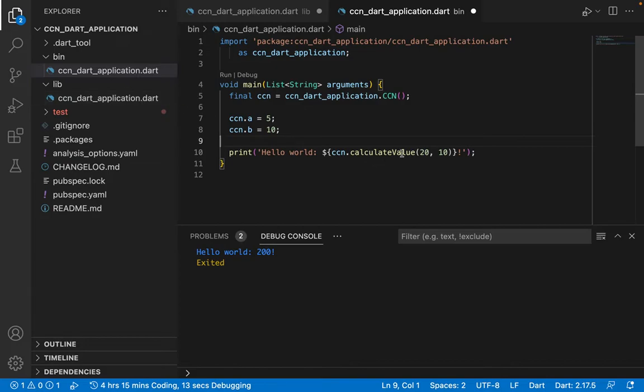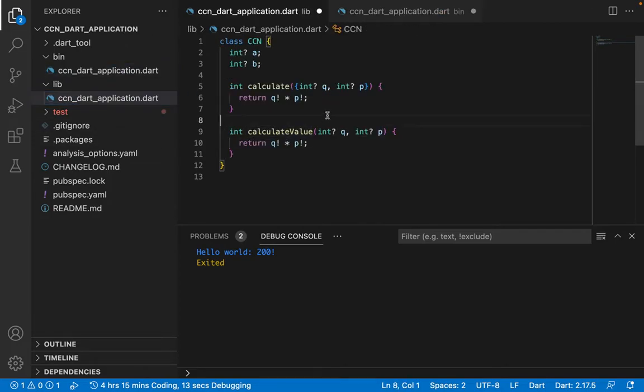So I might not get the needed guide. Okay, so that's why I always prefer this approach over this approach. Okay, so now that we are done with that,